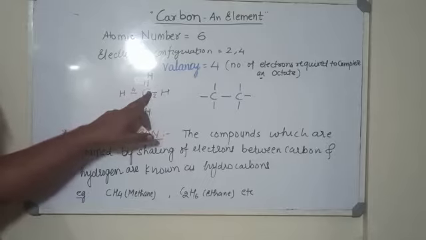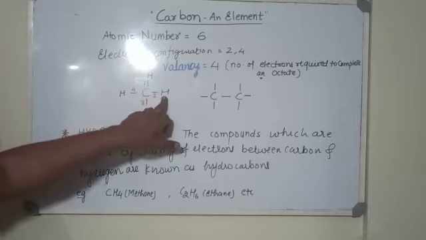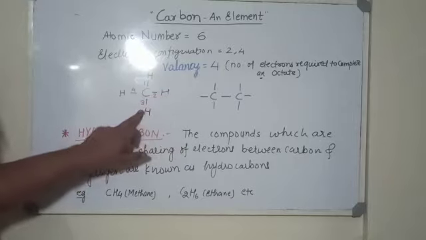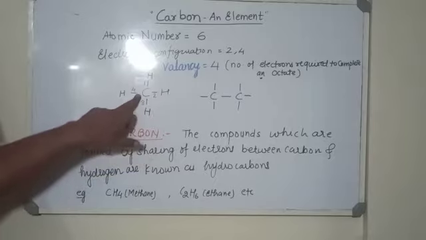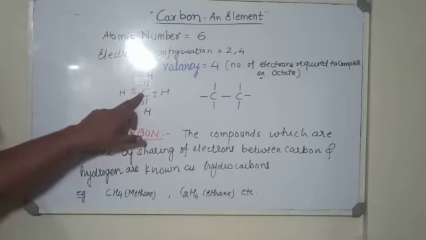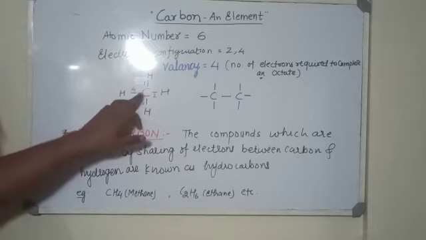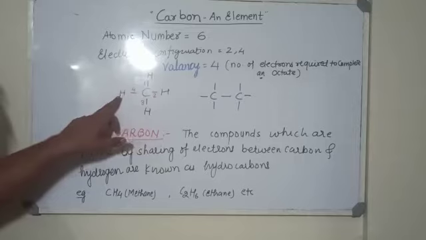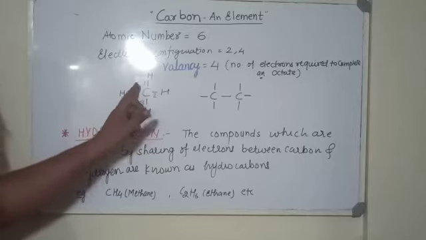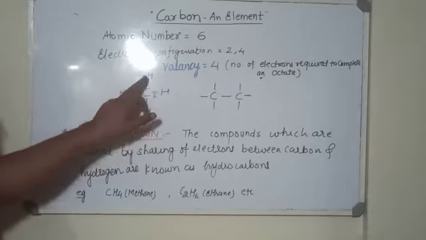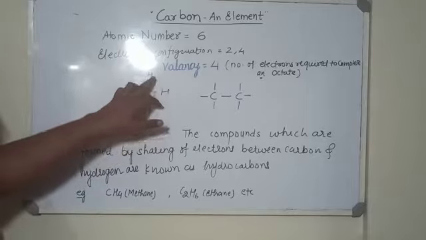Here you can see the carbon has formed a covalent bond with the hydrogen by sharing of the electron from the hydrogen. Similarly, one electron is being shared from this hydrogen atom and this covalent bond is formed over here. And now in this 4th covalent bond, there is sharing of the electron between this carbon and this atom of hydrogen, which is sharing its electron and thereby forming this particular covalent bond. So this carbon has all 4 valencies filled by hydrogen atoms.